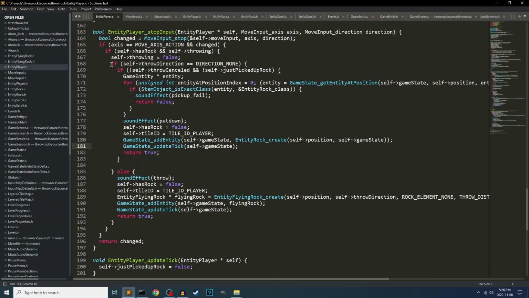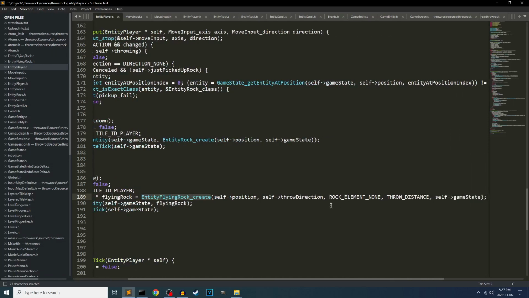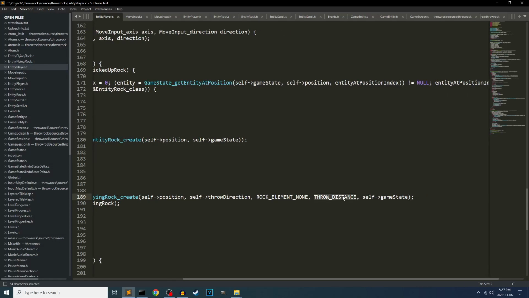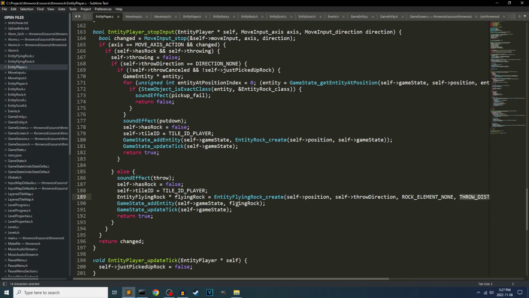Otherwise, if we're not putting down, we've established a throw direction, then we're actually throwing that rock. Okay, so the throw rock action is here. Don't have the rock anymore. Don't have the gray outline anymore. Create a flying rock with no element, because you can never establish an element just from the player's throw. That's done by other means. We're throwing in that. Okay, so from this position, in this direction, with no element, at a constant throw distance,